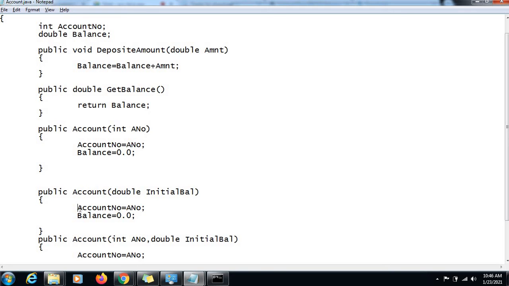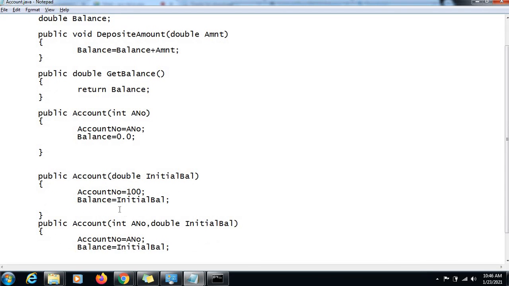So here the account number bank will give as 100, say, and the balance would be set with this initial balance. Right, so this is how we have implemented constructor overloading.